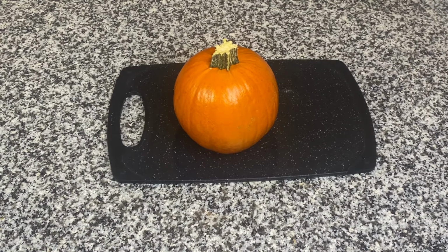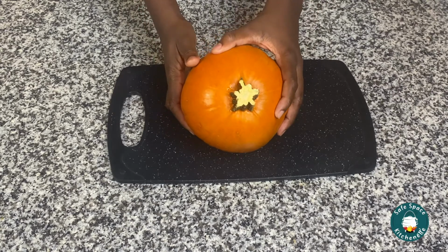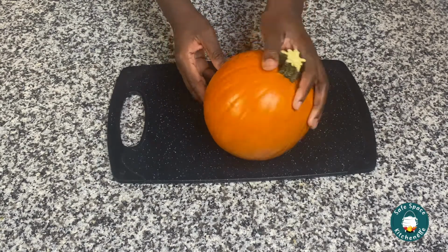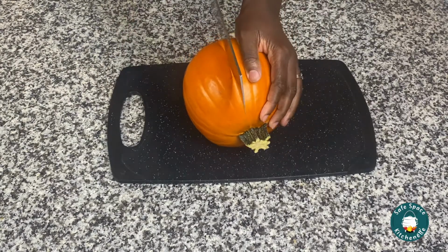So here I have my sugar pumpkin. I purchased my sugar pumpkin from my local grocery store. Preferably when making pumpkin puree, you absolutely want to use sugar pumpkin because it has the right taste and the